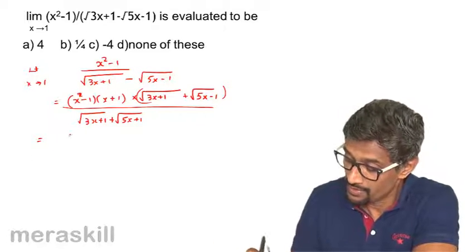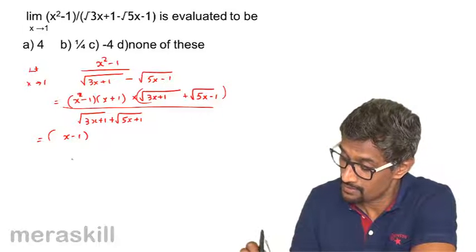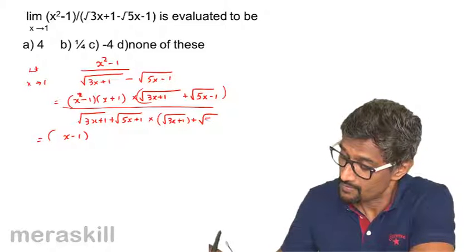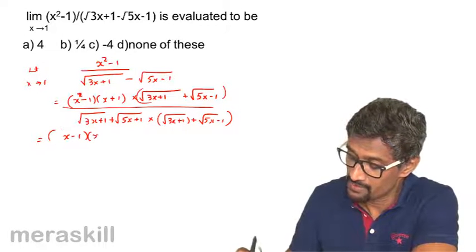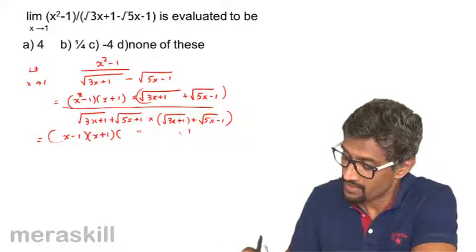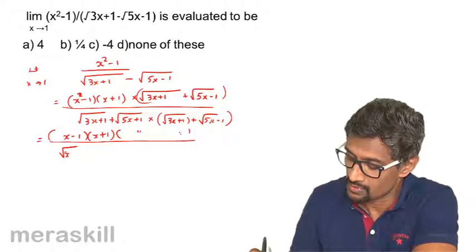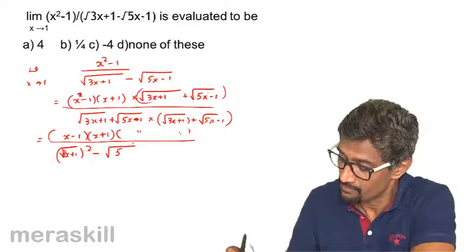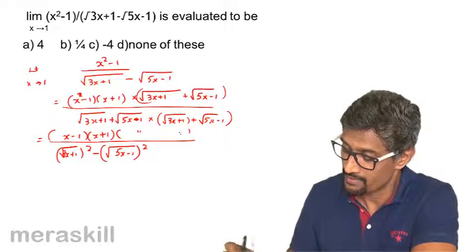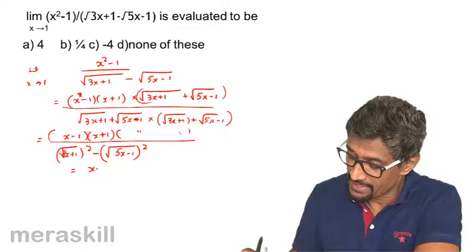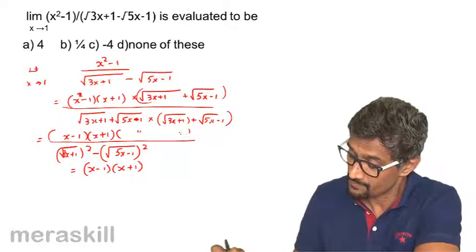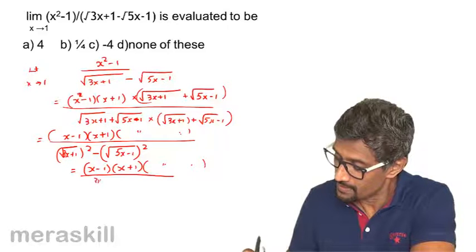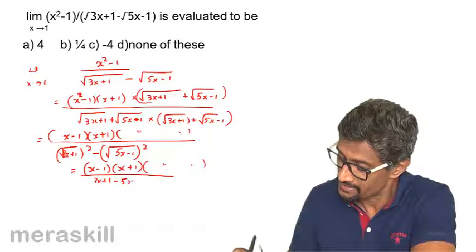This will give you x minus 1 into x plus 1 into this whole thing in bracket divided by root 3x plus 1 the whole square minus root 5x minus 1 the whole square, which ultimately turns out to be x minus 1 into x plus 1 into whatever you get over here upon 3x plus 1 minus 5x plus 1,